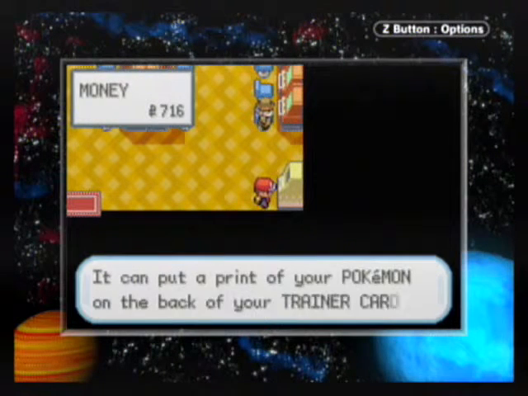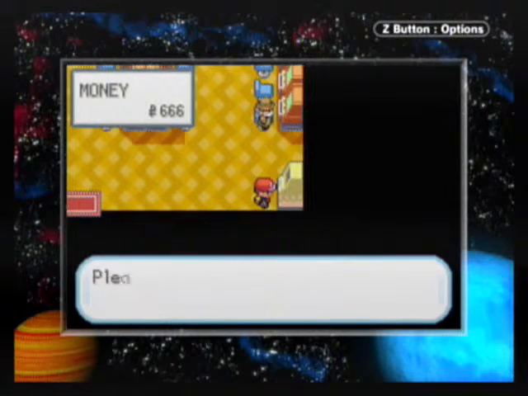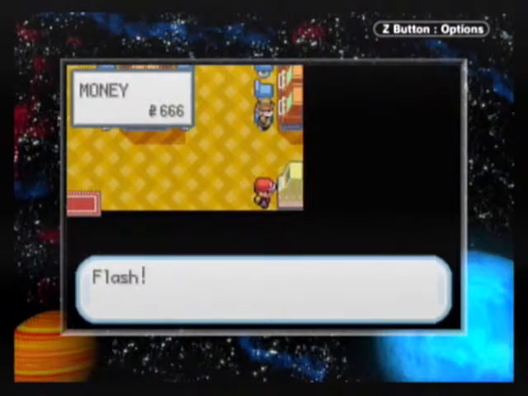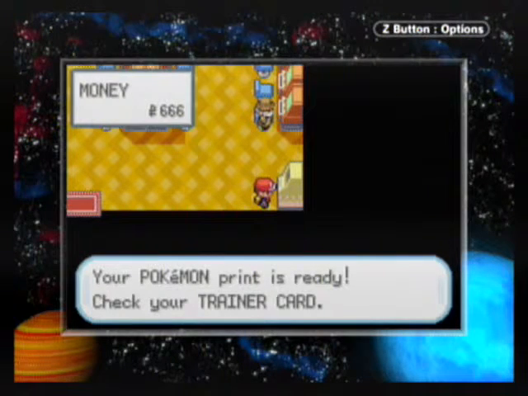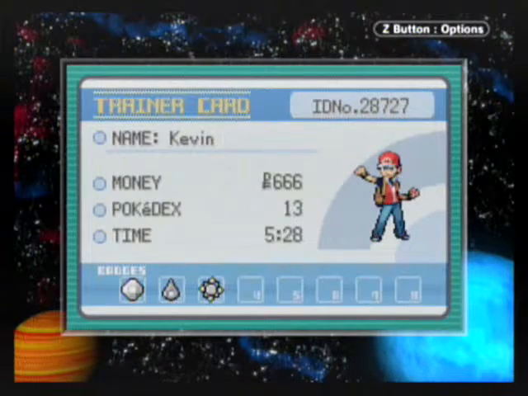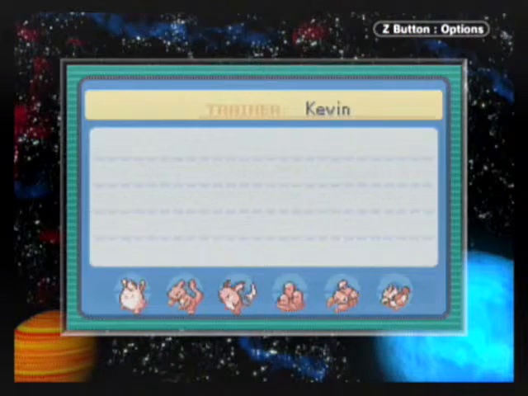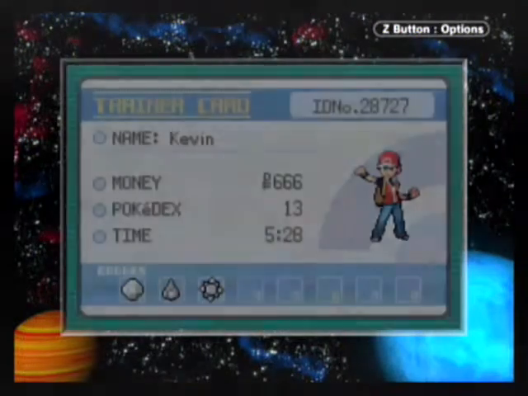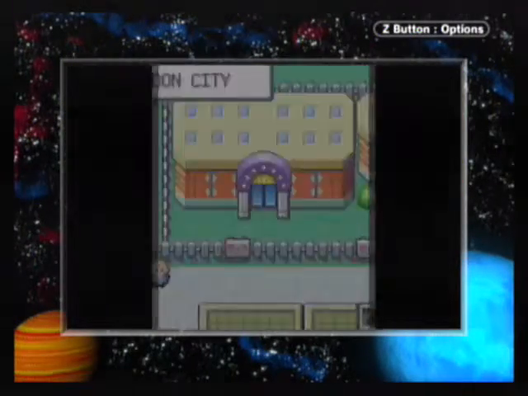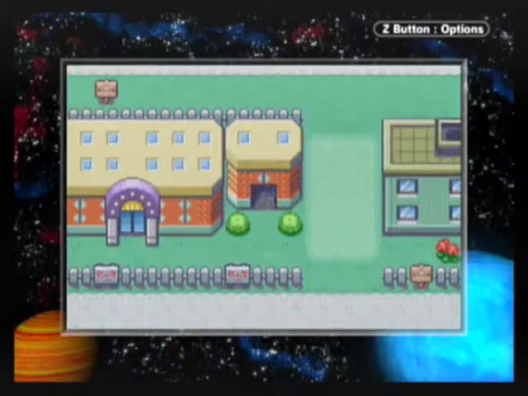It's a Pokemon printer. You can put a printer of a Pokemon on the back of your trainer card. It only costs $50. Would you like to try it? Sure thing. And I'll make it pink. Why not? Alright. My money right now. Oh my. But your trainer card, basically, if you go onto it, on the front it'll have your money, your Pokedex, the time you've been playing the game, and your badges. And if you flip over to the back, then now it'll have the Pokemon you had in your party when you took the photo. So, very, very cool. Trainer card doesn't really impact anything, and that photo doesn't really do anything, but I figured might as well take the photo, spend that 50G, and now we are going to want to...